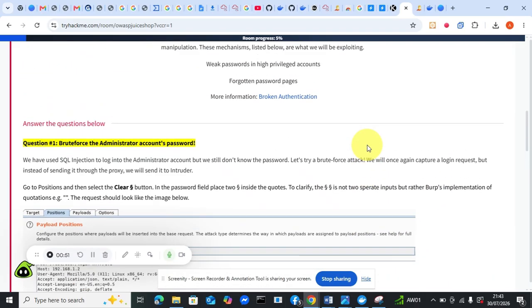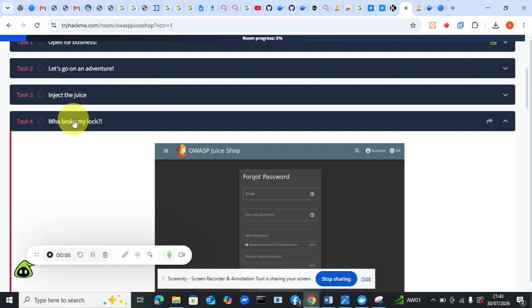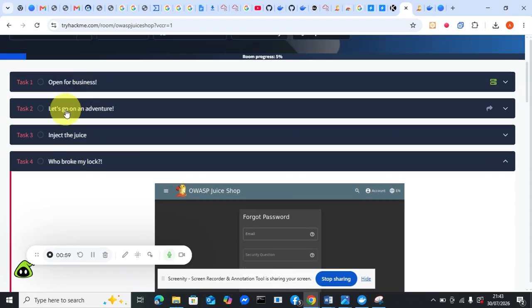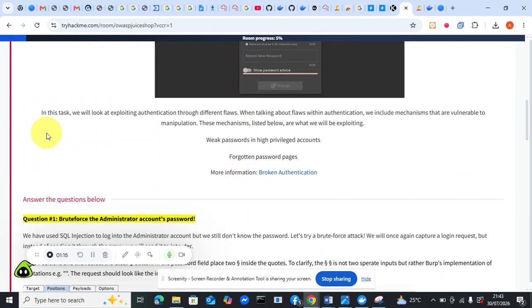We want to continue from where we stopped in the other class. In the other class we discussed "Let's go on an adventure", then we also discussed "Inject the juice" in a previous video. Then this one is a task called "Who broke my lock". So this particular question number one is saying